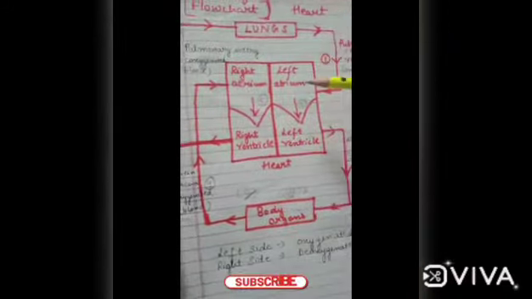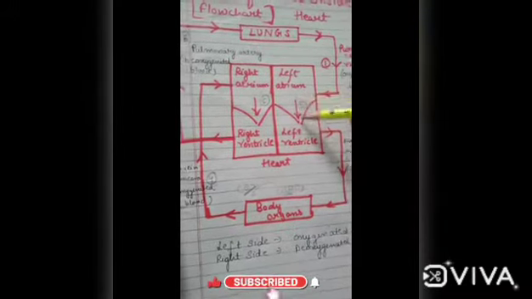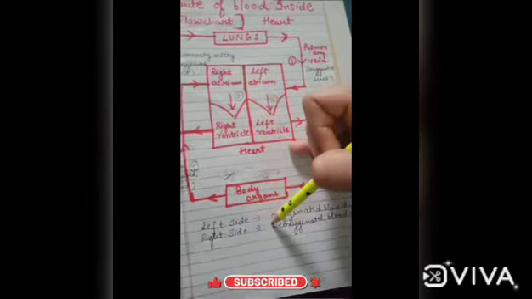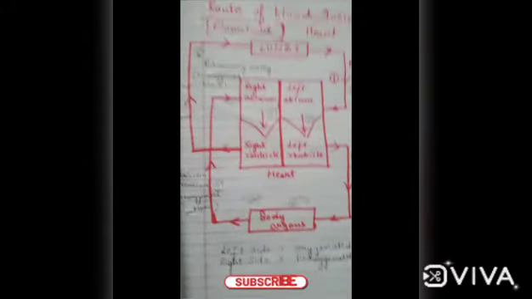So the left side is dealing with the oxygenated blood and the right side is dealing with the deoxygenated blood. In the exam, it's a very common question: what is the difference between the pulmonary vein and the pulmonary artery? You must know that the pulmonary vein is a vein which delivers the oxygenated blood from the lungs to the left side of the heart, to the left atrium, and the pulmonary artery delivers the deoxygenated blood from the right ventricle to the lungs. Okay guys, so this was the whole process.